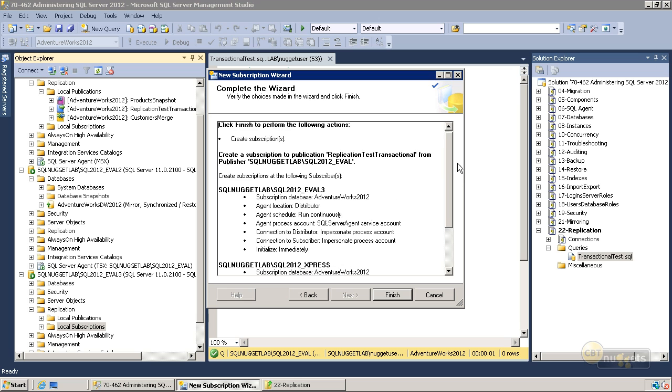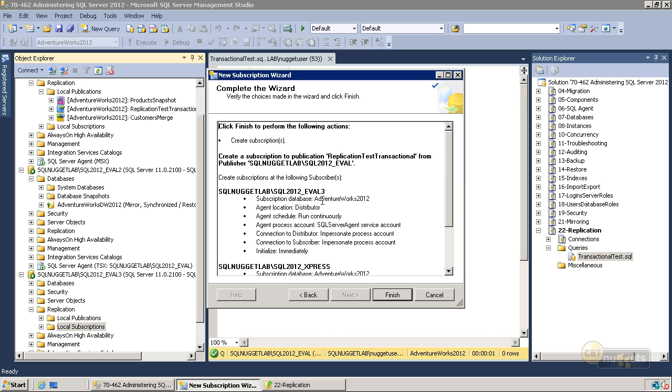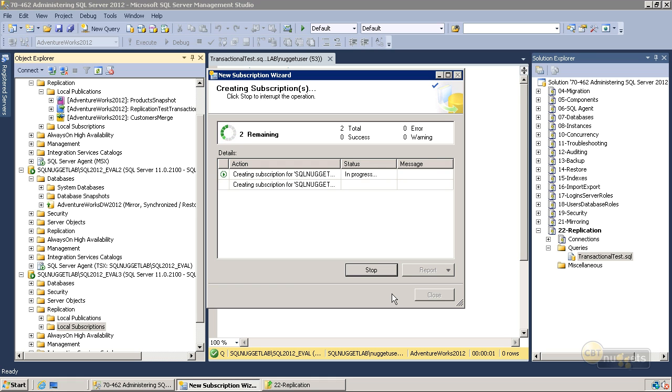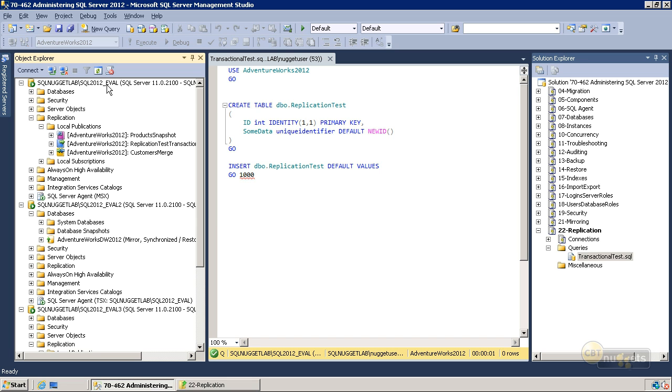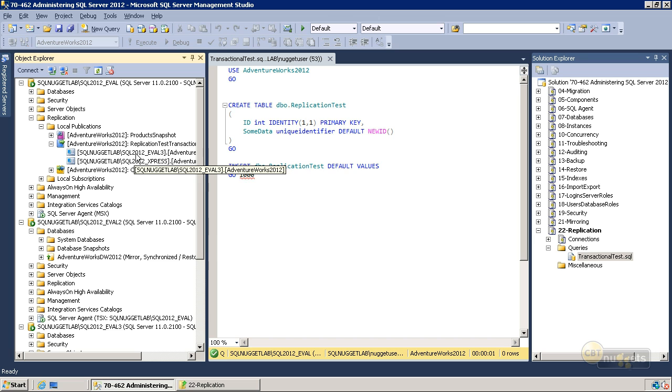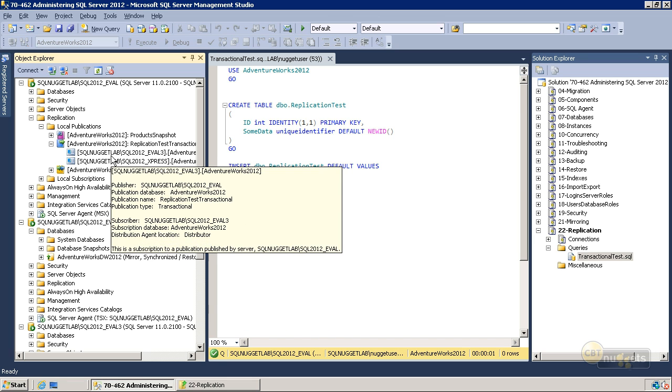Here we have an overview of both subscriptions on both of our instances. Once we have finished, it's going to create those subscriptions on both of those instances. And there we go, successful. So now we can look at the local subscriptions on our eval and Express instance, but also something that's really cool is on our actual publisher. If we expand that publication, check it out, we have them both under here,